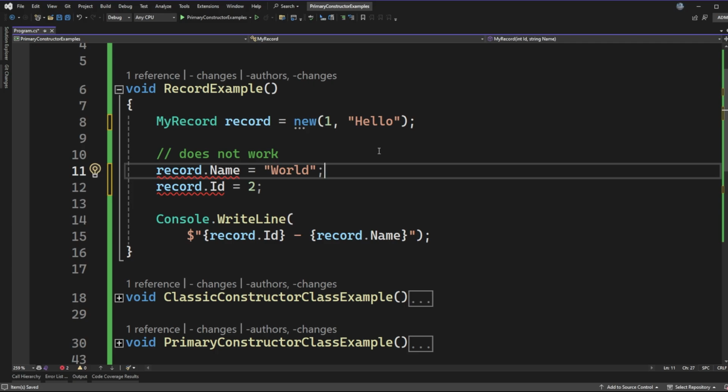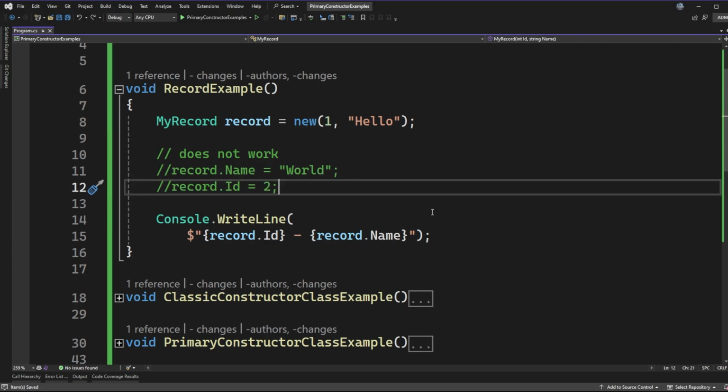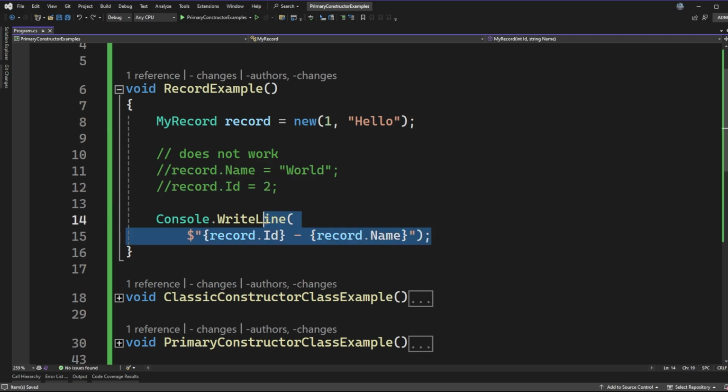They effectively only get instantiated by the primary constructor. But what we can do with those properties is read from them. They are read-only properties, so we can go run something like a console write line and read those values off with no problem. So that's what the record type primary constructor functionality looks like. It essentially gives us read-only properties that we only have to declare inside of the primary constructor, and essentially it removes these 2 other locations that we would have to go add information about the properties that we're trying to